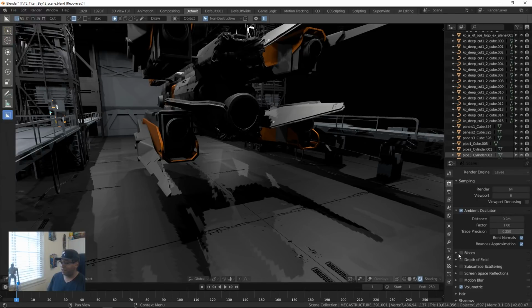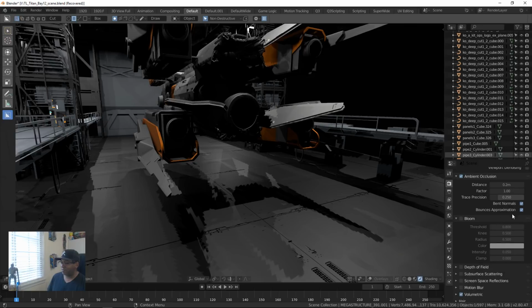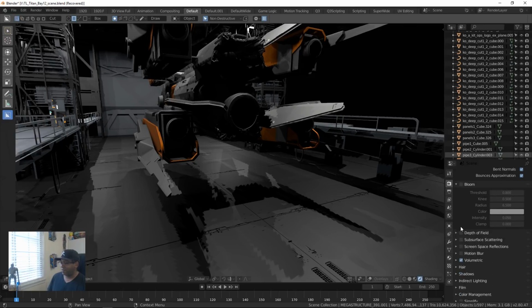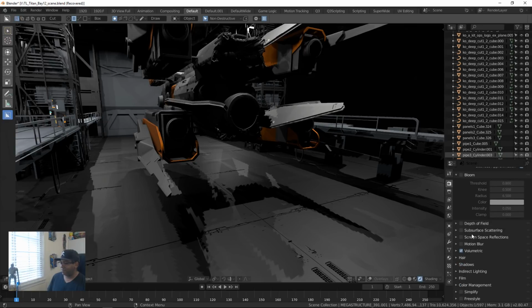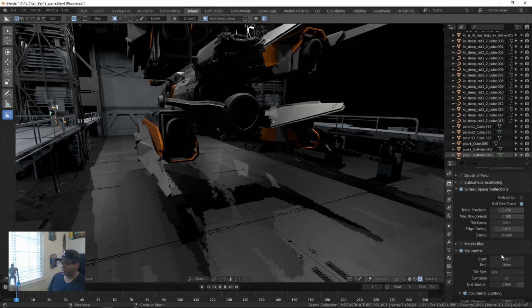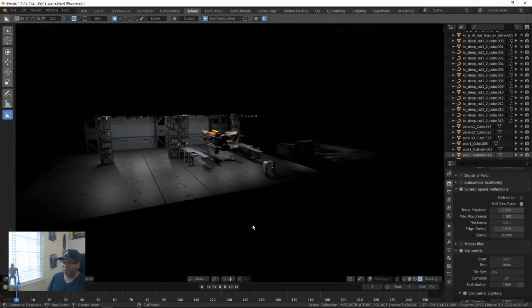Any of the bloom settings you can change here. Let's see, subsurface or screen space reflections, I like that one, or refraction. And then volumetric, but for volumetric you have to put a couple of nodes together to start using EV's